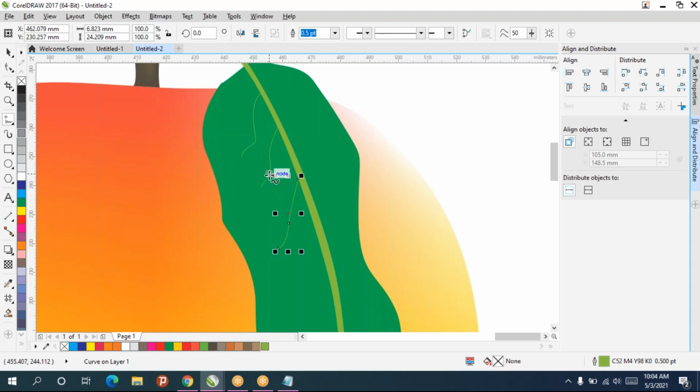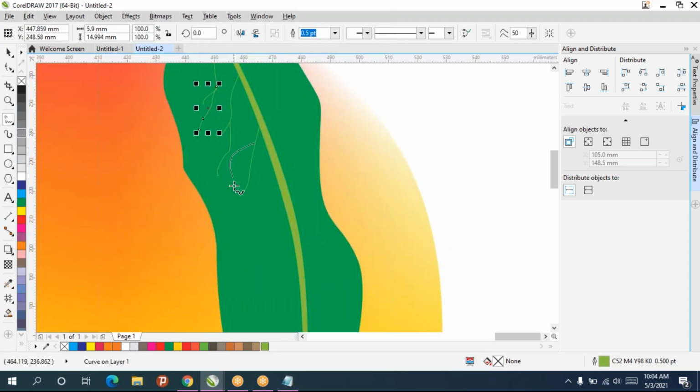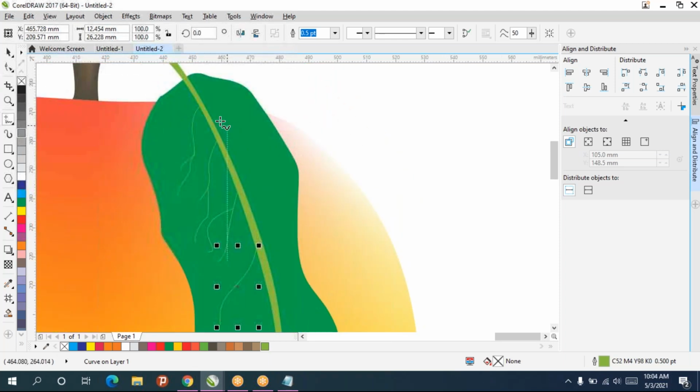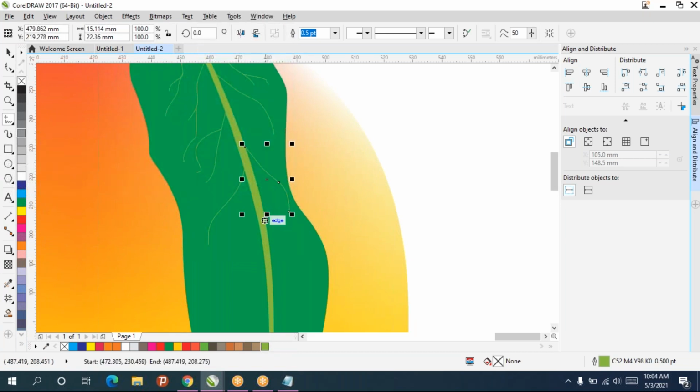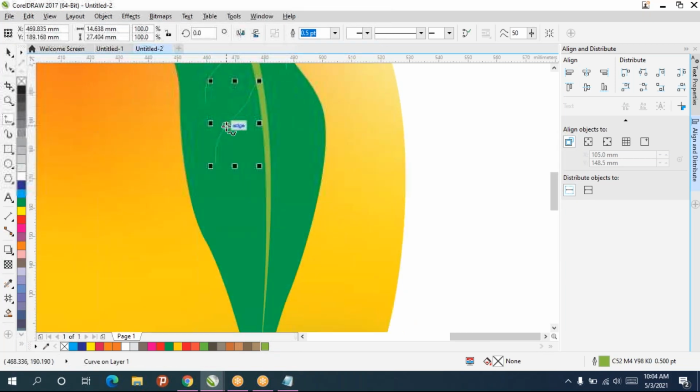So you can draw like this. So using this tool, you can create a lot of cartoon designs.